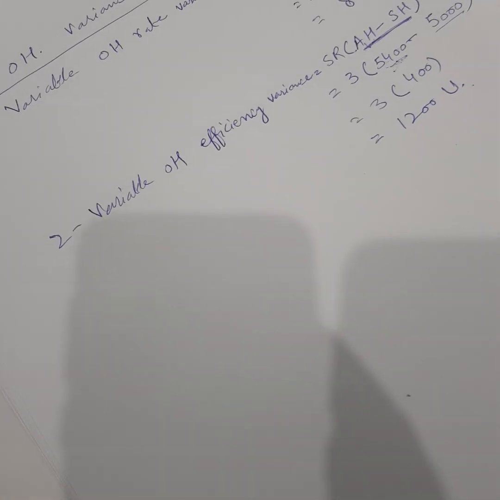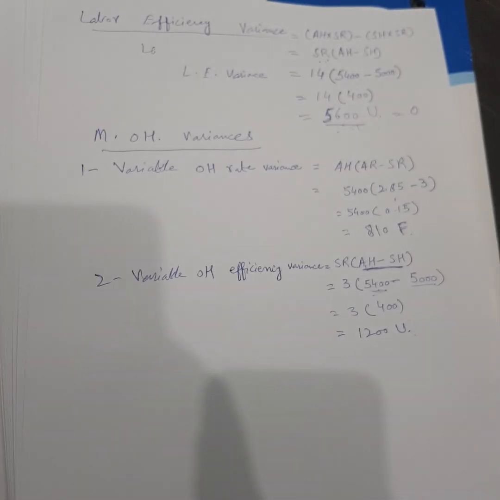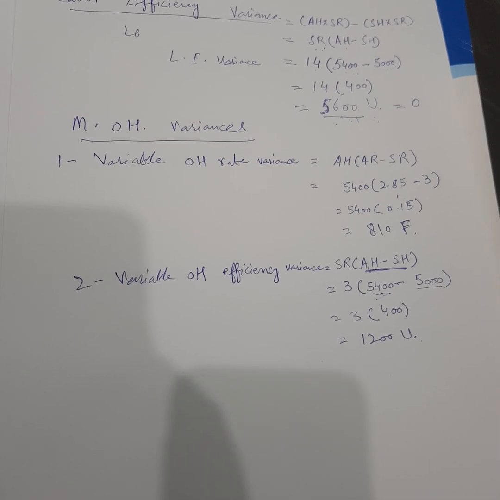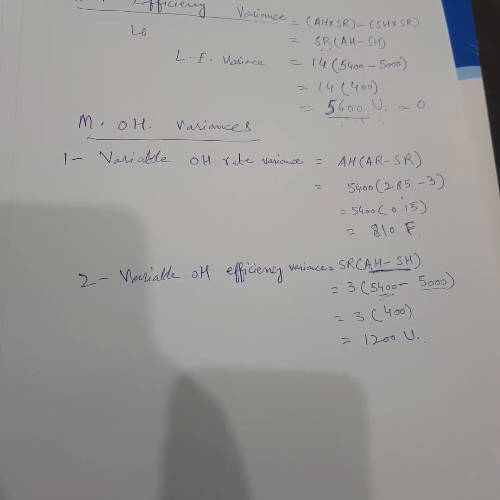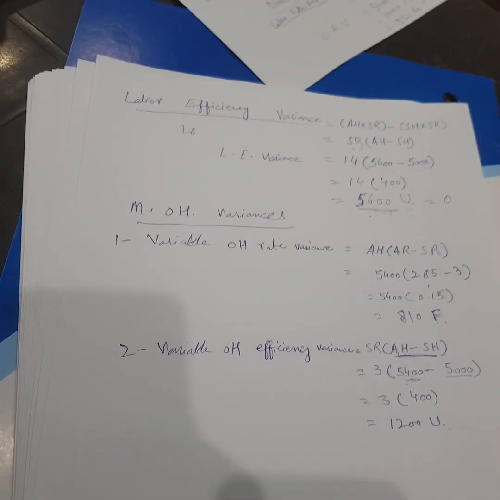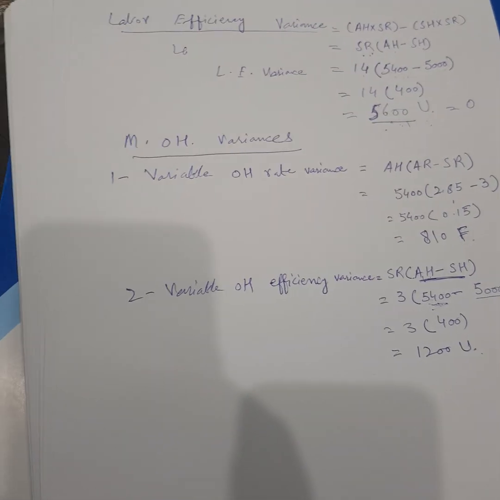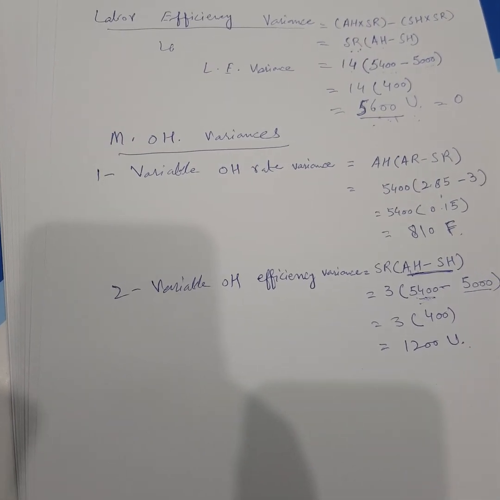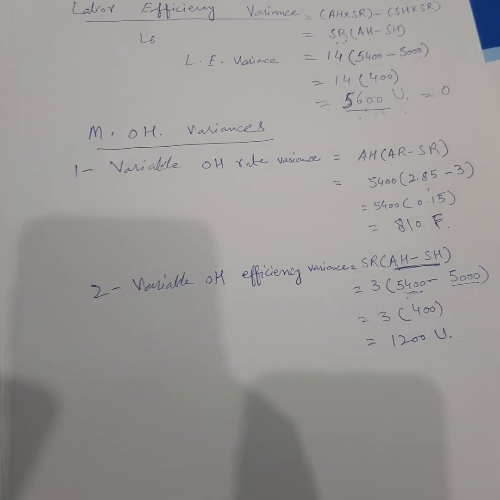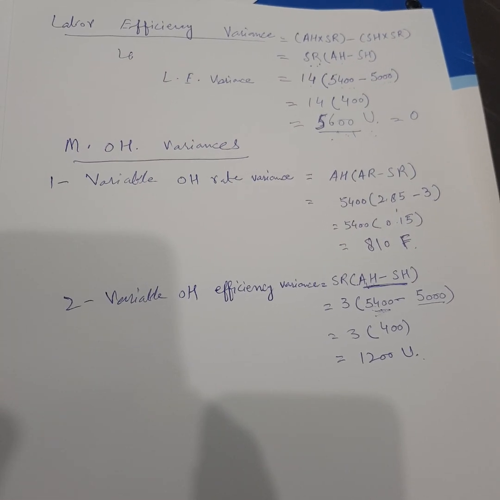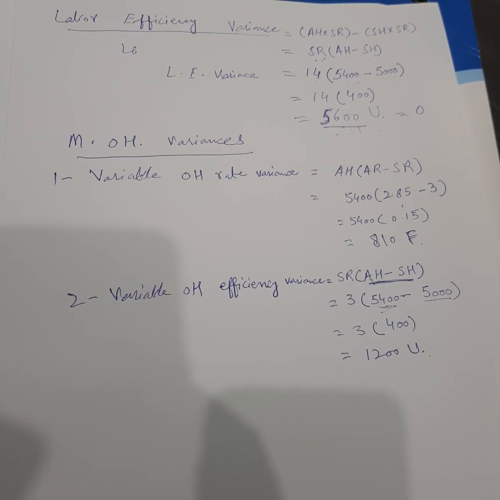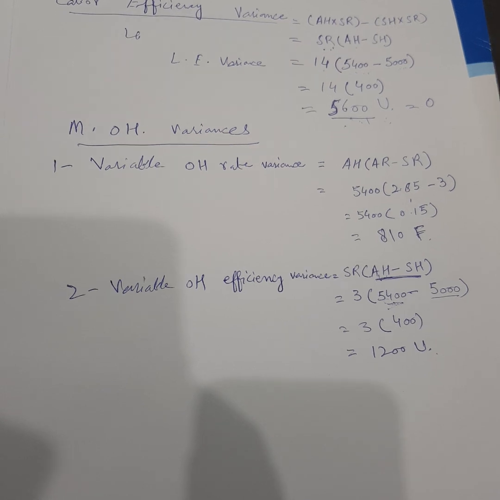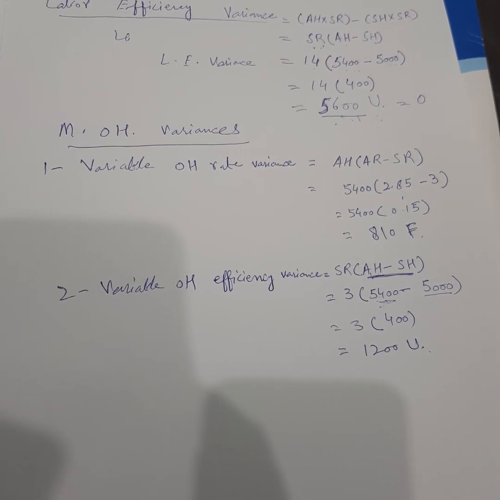So these variance analyses can be dealt with by management by exception. They will take corrective actions, they will improve their calculations, or they will set or reschedule their standard cost. They can hire more skillful workers so that they can do more efficient work, and they need to substitute their direct material because the material cost is not up to the mark. Because of that, they have to face unfavorable conditions.